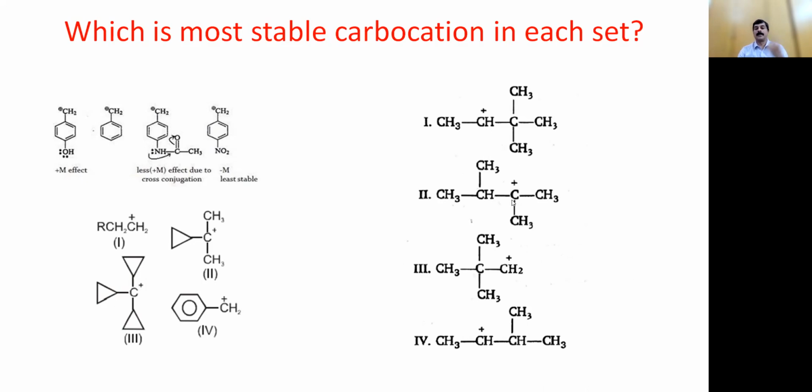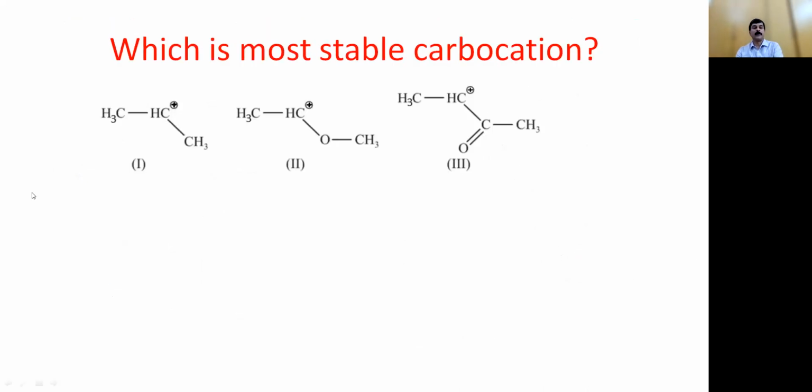This will be more stable, tertiary. So simple. Look at here. Naturally, 2 is greater than 1, greater than 3. Why? Because this is a deactivating group, it destabilizes. The acyl,